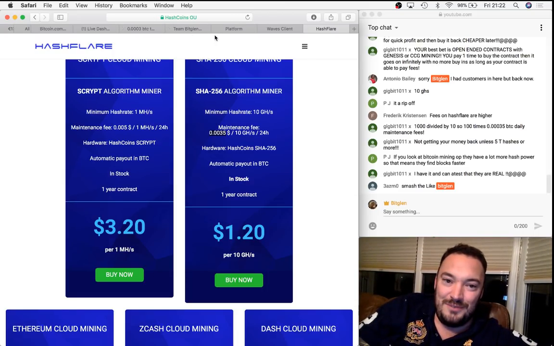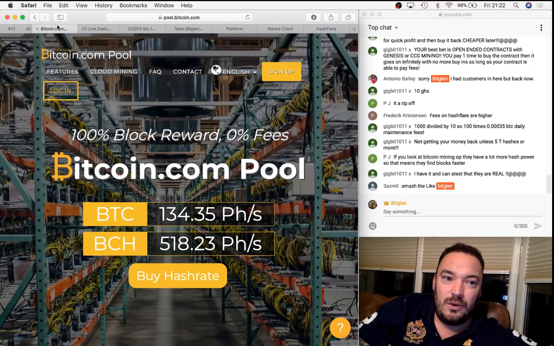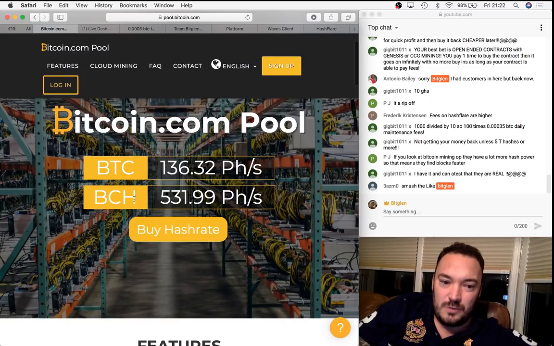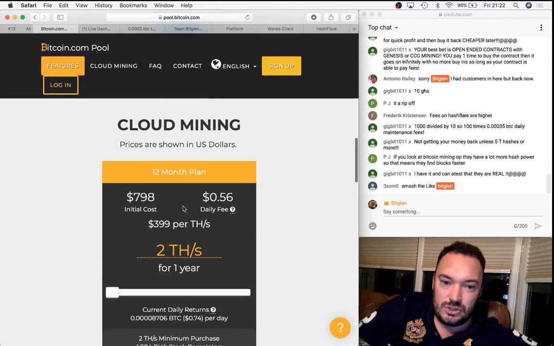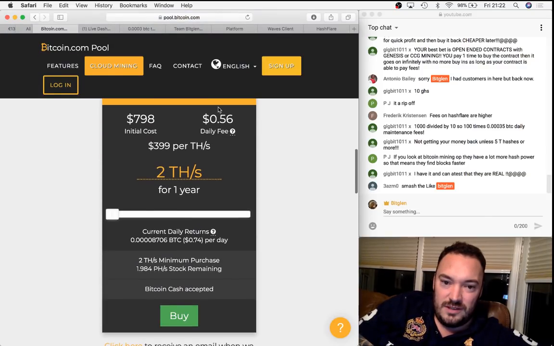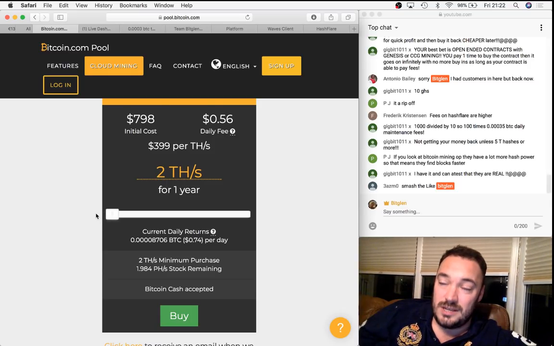I can't even remember the name of it now. Did I close it off? But oh look, bitcoinpool.com. Theirs works out a lot more expensive. Their fee for 1 terahash is 28 cent, whereas Hashflare will cost you 35 cent. 7 cent difference. If you do that over the year, works out $25, but then you're paying